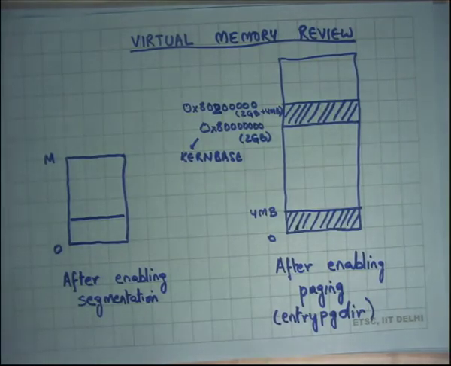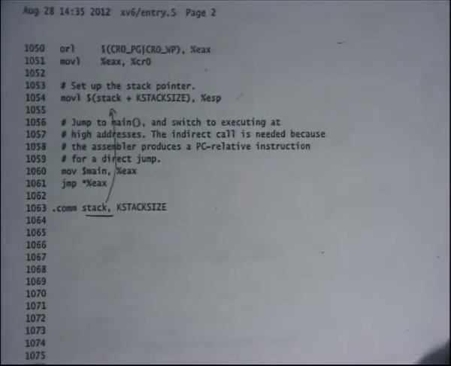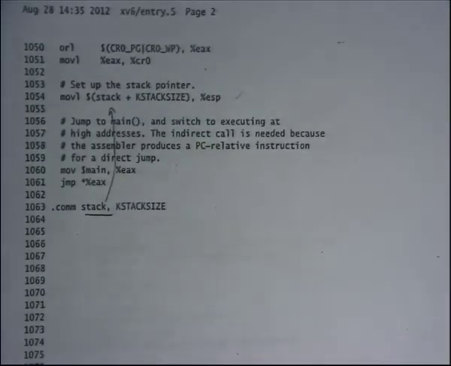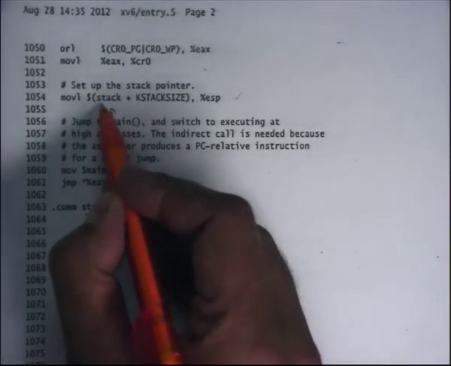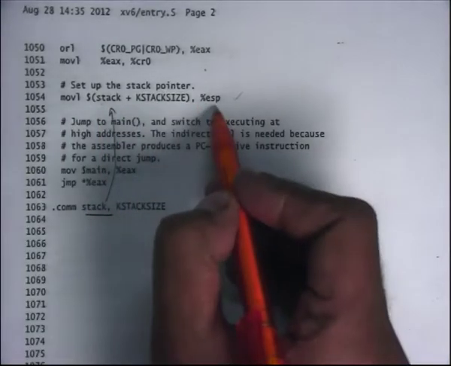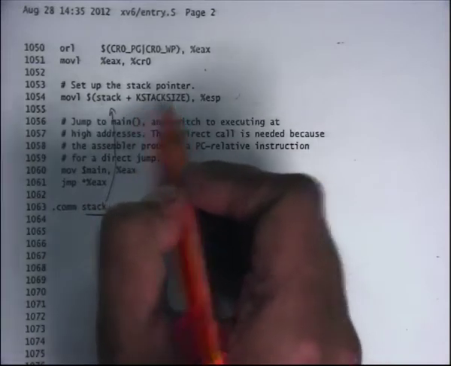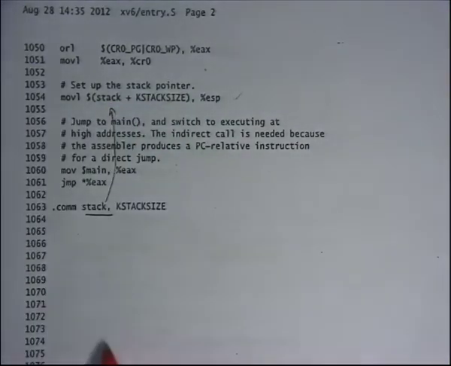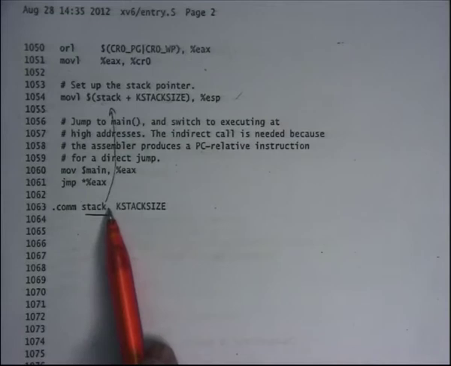So let's look at the entry.S file, on sheet 10, and we'll see there is this instruction which is loading the value stack plus KSTACKSIZE into ESP. KSTACKSIZE is a constant, and stack is a symbol that has been declared here, right?